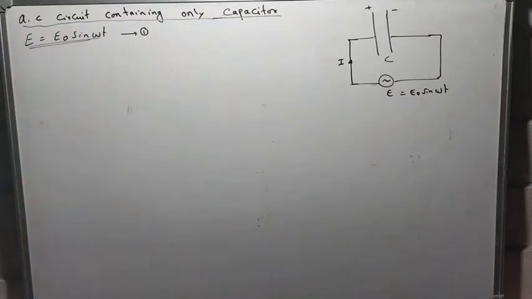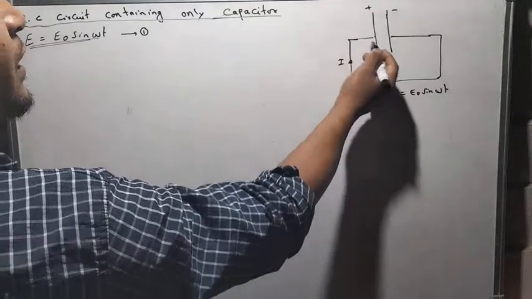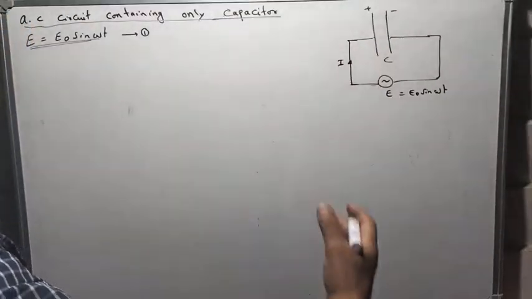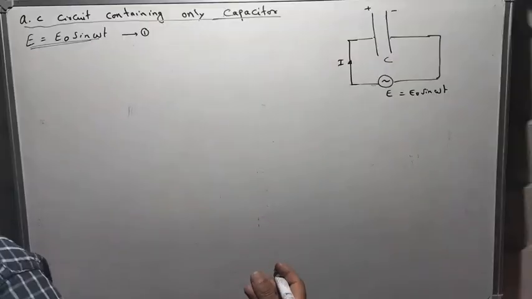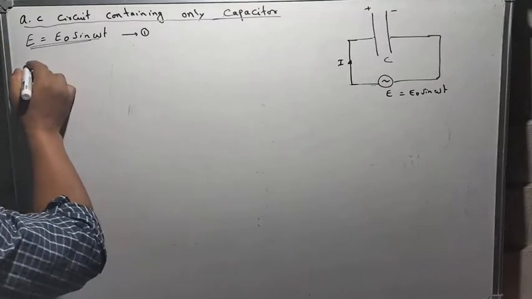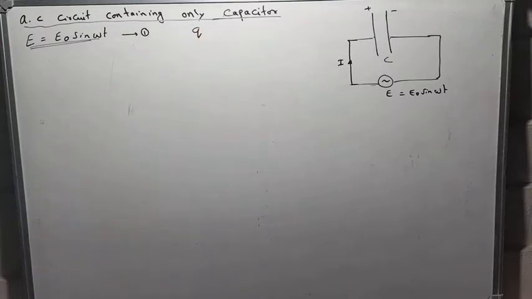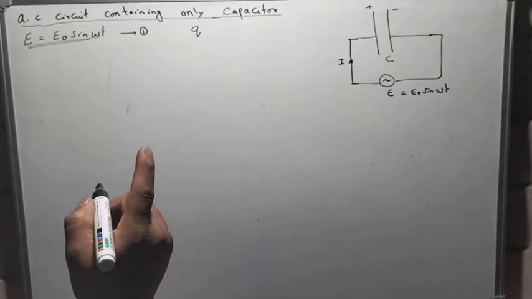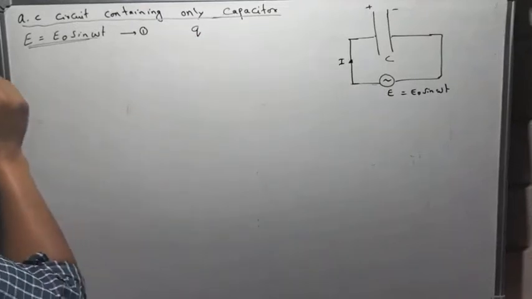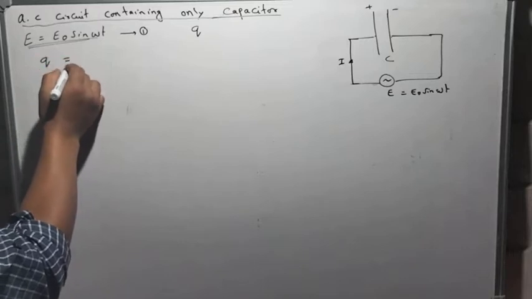Now, you know that when a source is connected to a capacitor, a charge is transferred to the capacitor. Suppose at any instant of time t, the charge which is given to the capacitor is Q. So if Q is the charge of the capacitor at time t, then I can see here